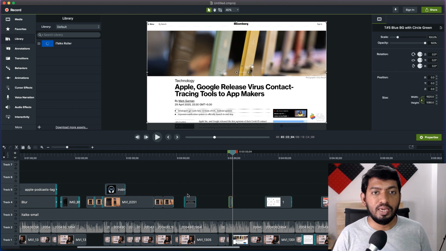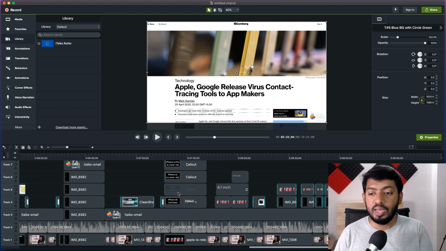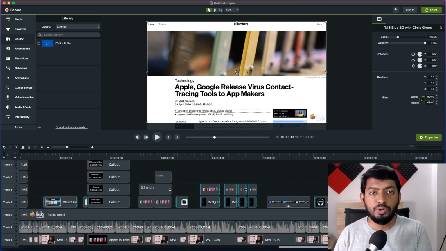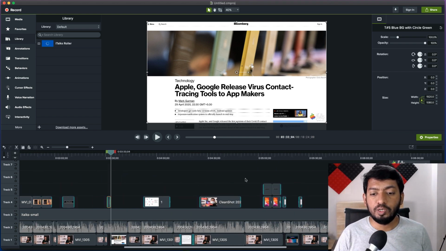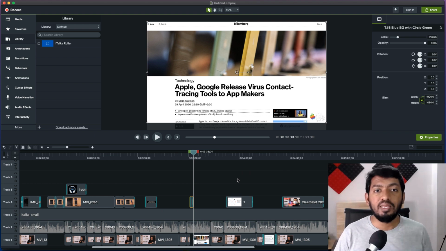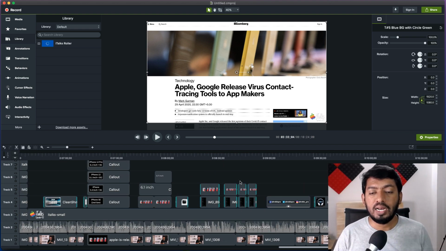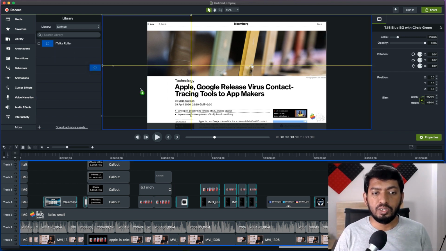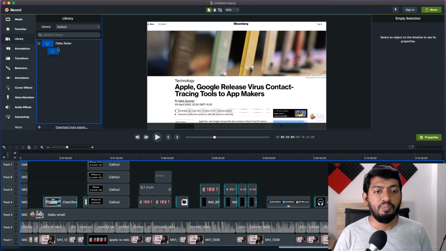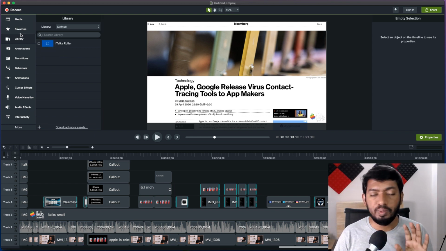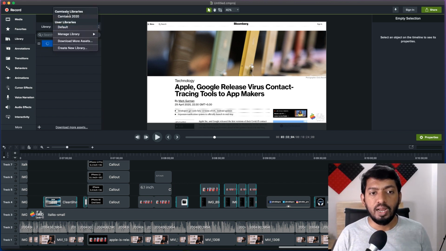I can add as many contents as I need, and when I'm editing a 20 minute video, if it is a very lengthy video, it is not possible for me to go back and forth to copy those effects. So simply I can mark that particular effect to be used in future positions in a particular timeline, and I can simply drag and drop that from that area.